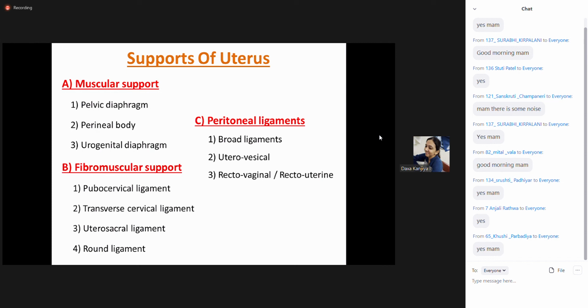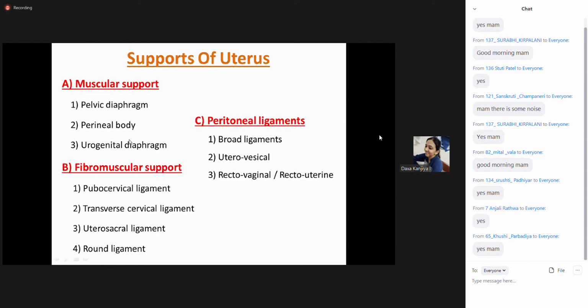So, if the supports of the uterus are asked as a short note, you have to describe these ligaments in detail, as we have seen the attachments of these ligaments and how they support the different positions of the uterus. As for example, the round ligament pulls the fundus of the uterus forward, and thus it maintains the anteversion and anteflexion position. Just like that, you have to mention the supports of the other ligaments also. You have to describe the broad ligament in detail if it is just a short note, and the various forms.